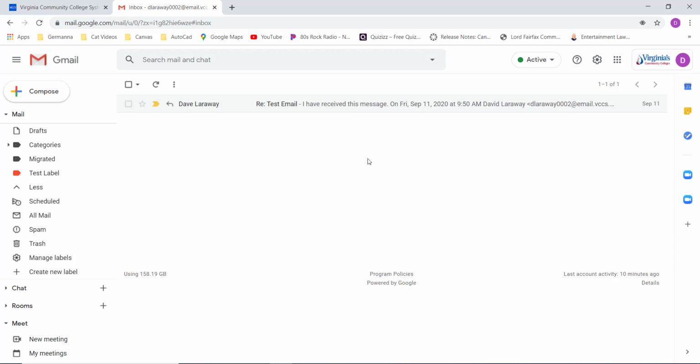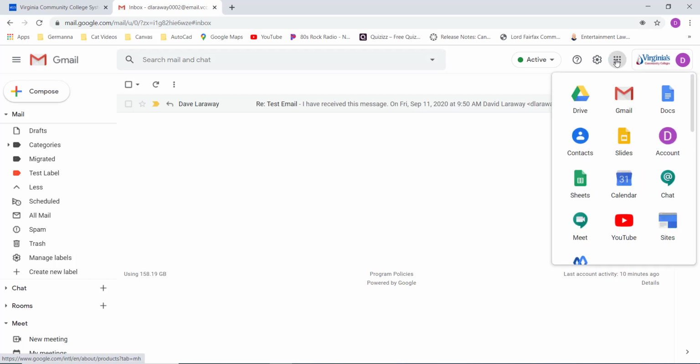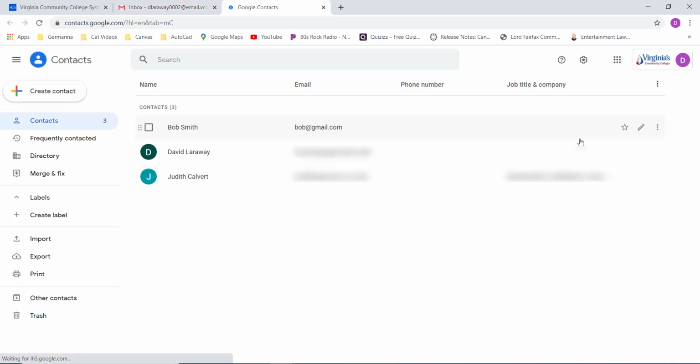The other way to do this is right here. This is your little Rubik's Cube, what I call a flat Rubik's Cube, and this is where all your Google apps are at. If you click this, notice here are your contacts. This is where you can find all your contacts. So if I click contacts, you'll notice I have a couple in here, okay? I have mine, a colleague, and then I have a fake one